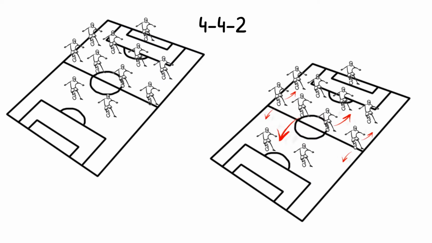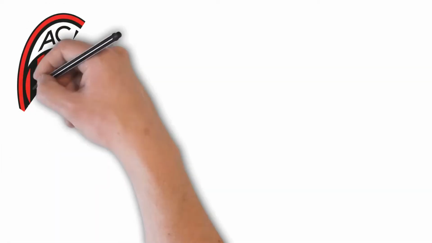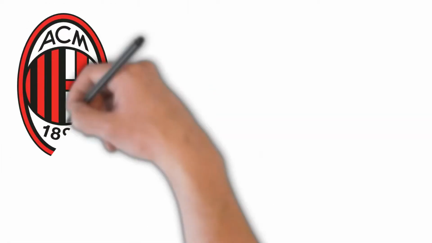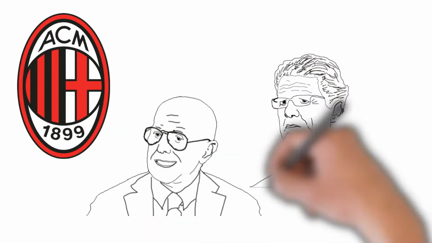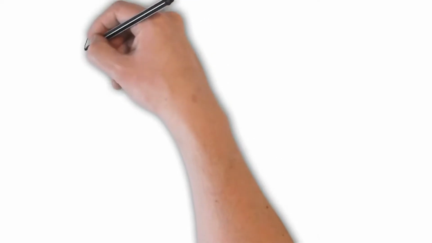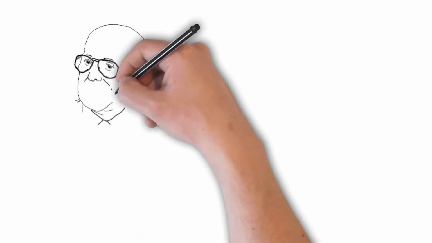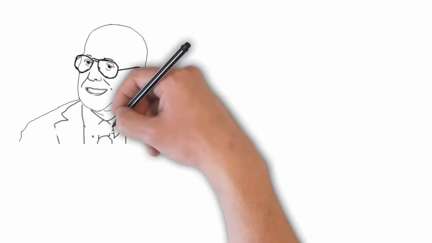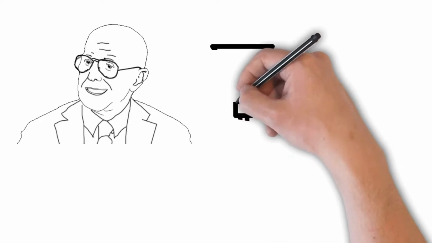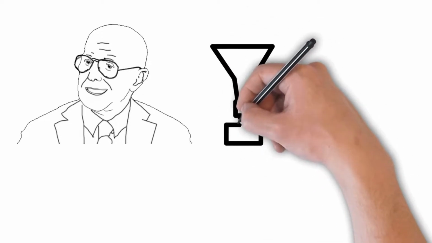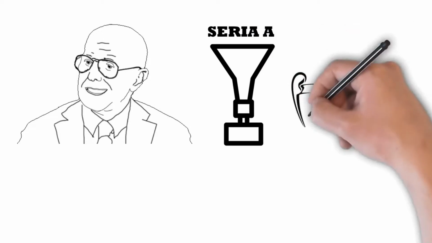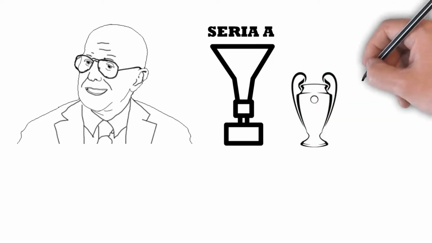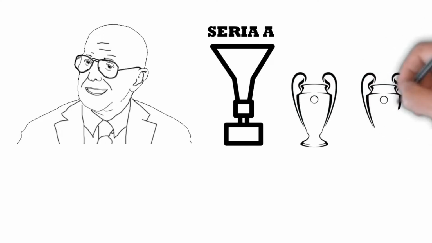the fullbacks. On the European level, the major example of a team using a 4-4-2 formation was Milan, trained by Arrigo Sacchi and later Fabio Capello. Sacchi won the Serie A title in his 1987-88 debut season and then dominated European football by winning back-to-back European Cups in 1989 and 1990. From 1991 to 1996, he was head coach of the Italy national team and led them to the 1994 FIFA World Cup final, only to lose to Brazil in a penalty shootout.